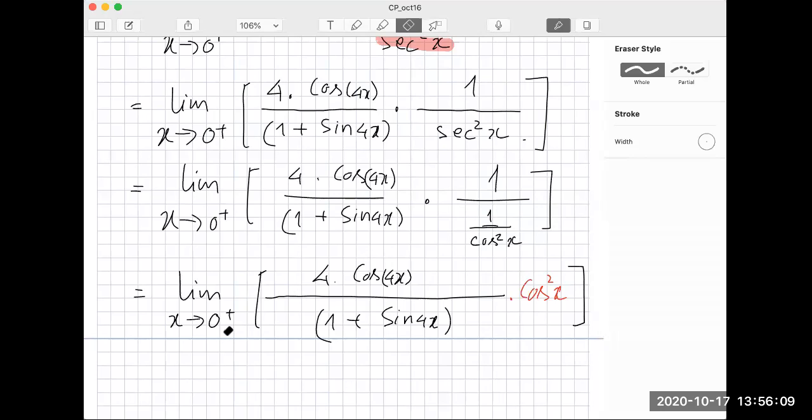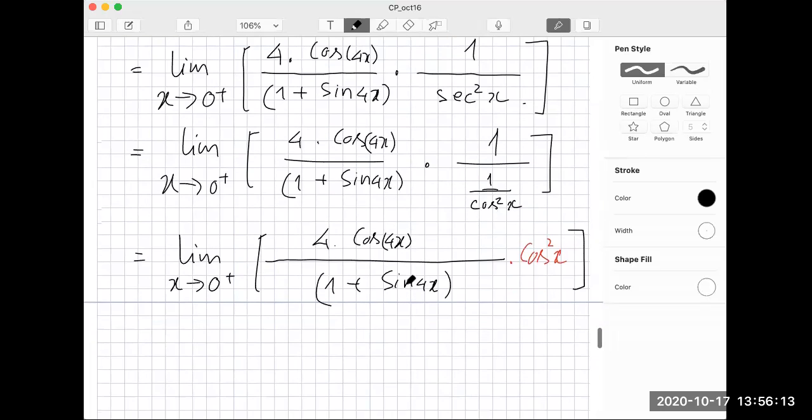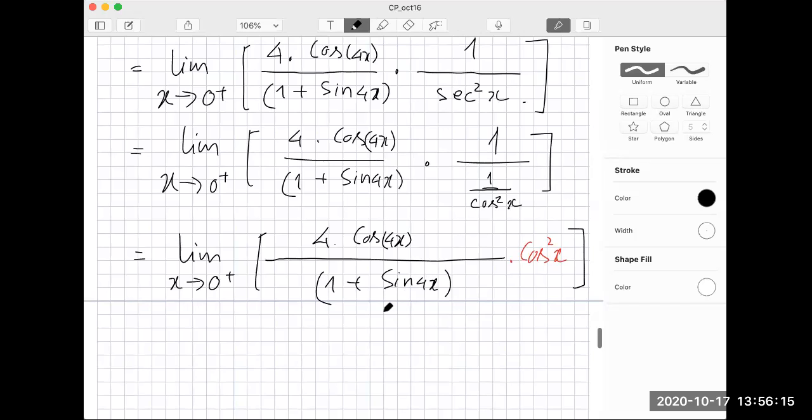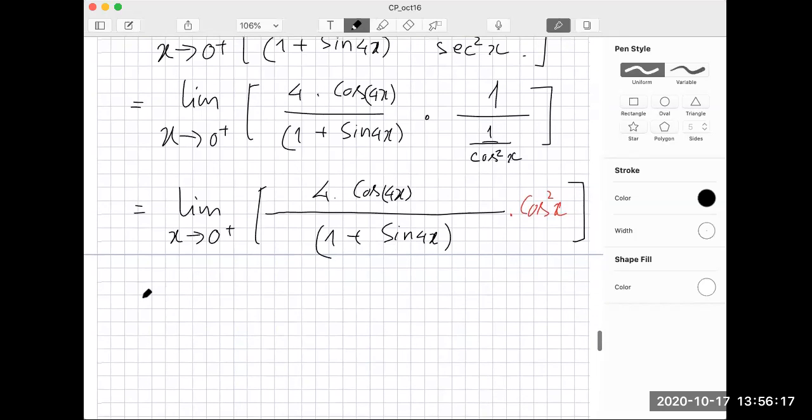But when x approaches 0 here, sine of 4x gives us 0, right? Finally, this is also a continuous function. So the limit of this guy would be the evaluation of this function at the point 0, which will be,